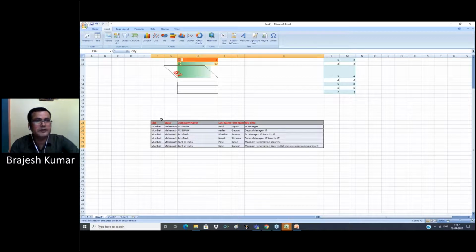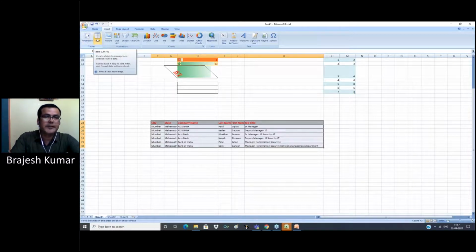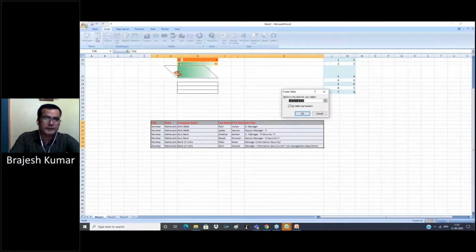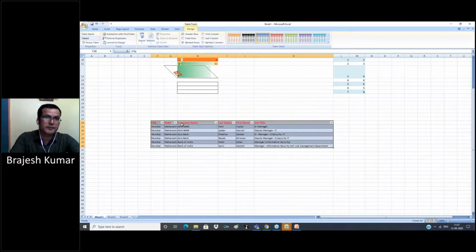The main benefit of a table is that when we use formulas in advanced Excel or in VBA, we create a table and give it a name, so we can easily use it without selecting a range. We only use the table name in our formula and do our work. So this is the main benefit of a table. Like we convert this data into a table. Click table, okay, now this is in table form. We can give any name to this table and this name can be used in Excel formulas.